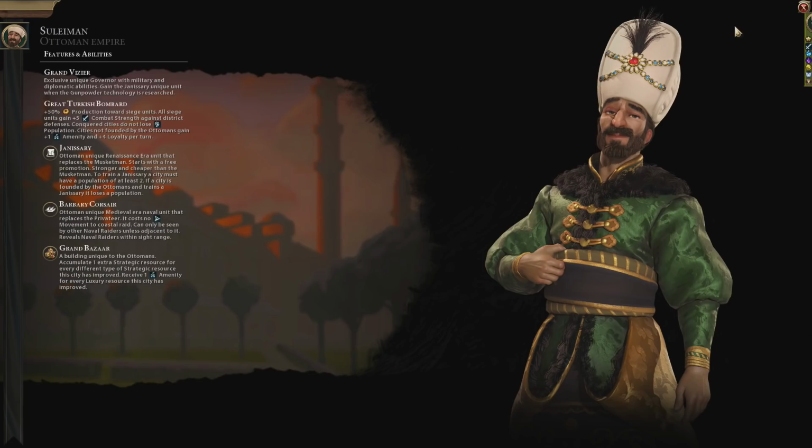I've professed my love for the Ottomans for some time. I do like them as a civ, they're really good fun. Complete with the unique governor and combination with the bombard or the siege unit, extra combat strength against districts. I mean, they are nuts. They can get plus 15 strength combining the two against city centres when you're using siege weaponry,